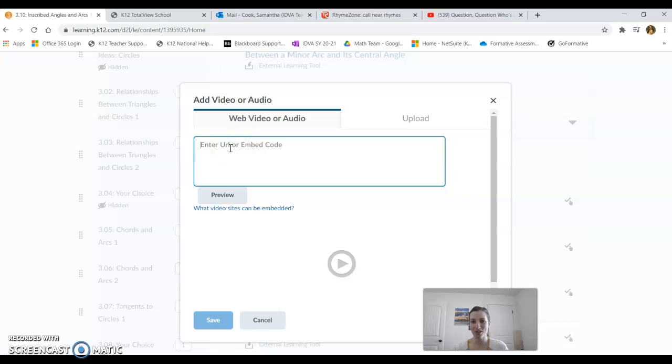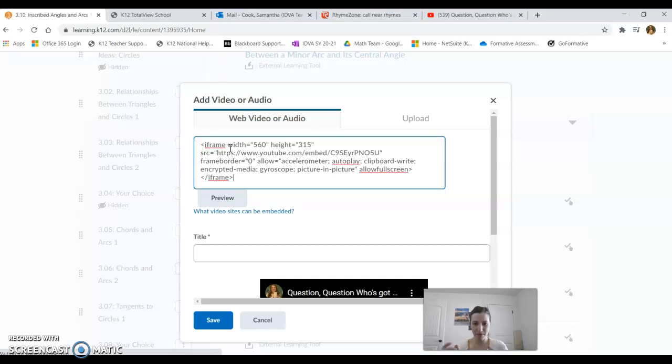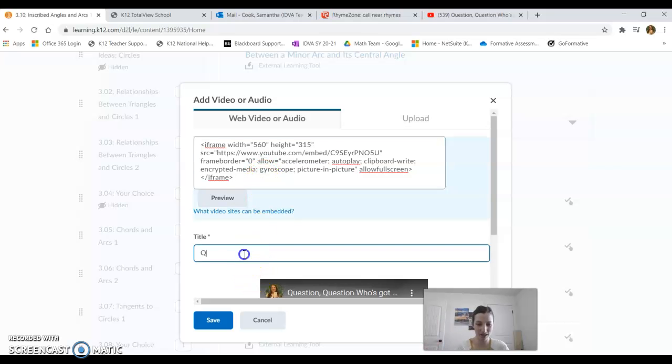So if you just enter the URL of your YouTube video, then it makes them actually have to click on the link and then it takes them to YouTube, and it's just an extra step. But if you do that embed link in there, then it embeds that video into the actual course, which is pretty cool. So I just copied it, pasted it on there, and then I'm just gonna write down the title